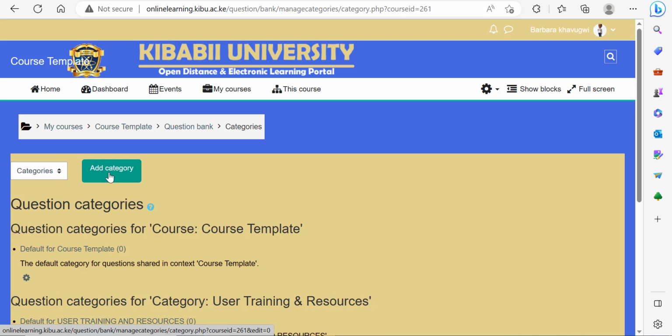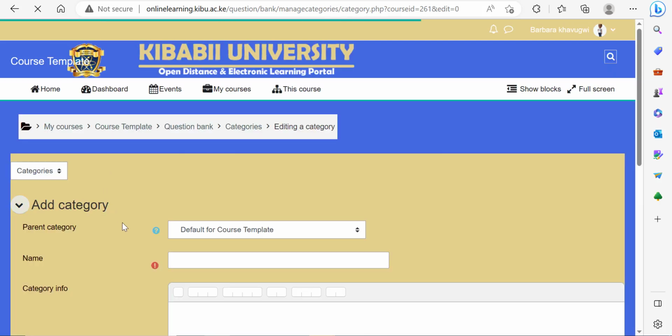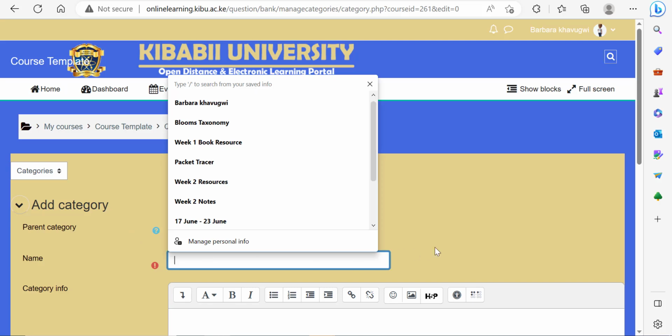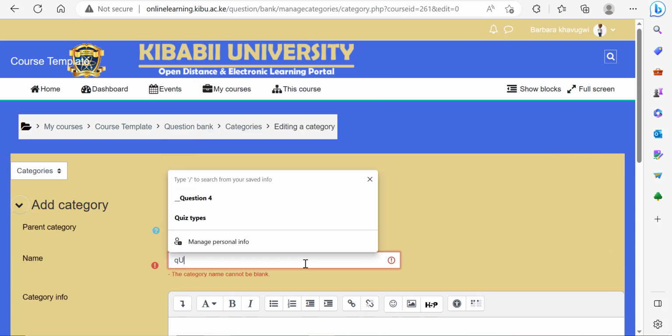You can structure the questions by maybe an area of specialization. So for example, you want to cluster questions together that are of a specific area within your course, or specific sets of topics or sections within your course. So I'll add a category, and for my category name, I'll indicate that this is a category on questions,